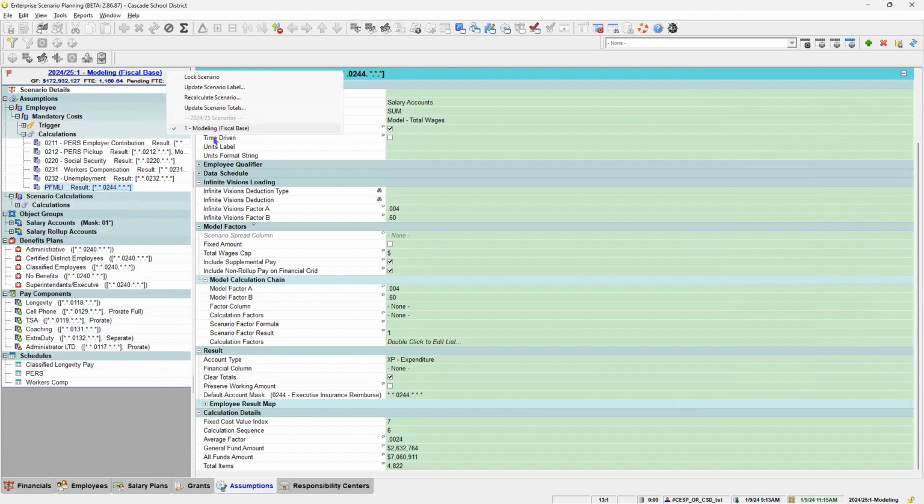But it will show you all of your scenarios, so you don't have to open Scenario Explorer to change scenarios. You can easily do it right here. And you can lock and unlock the scenario. You can update this label. Remember, the label is what's in the parentheses. And you should definitely use those to help you remember what is in each scenario. You can recalculate. I don't know what that does, but